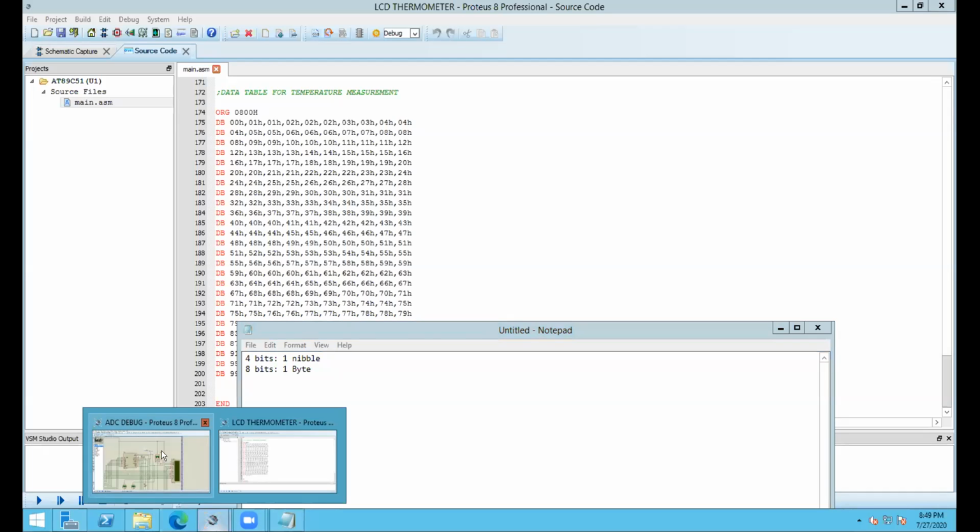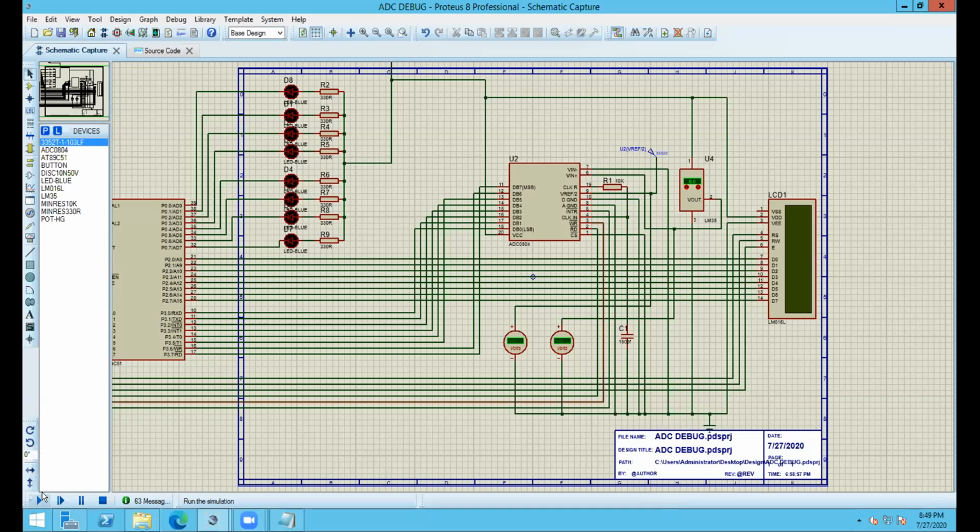Let's go to the older circuit we have here. This is the older circuit, this is the older code. Okay, we get the hex values. Let's drop down the temperature to 1. For 1 we have 0.3, right? For 1 degree Celsius we have hex value 0.3. Keep this in mind.